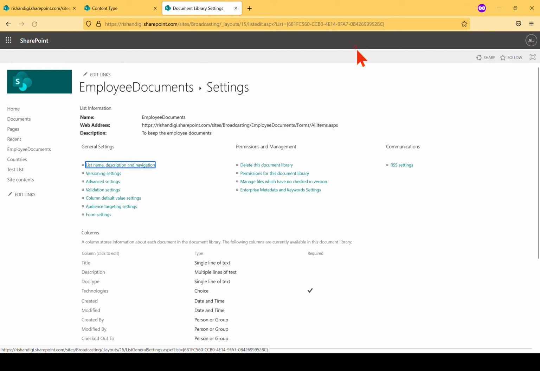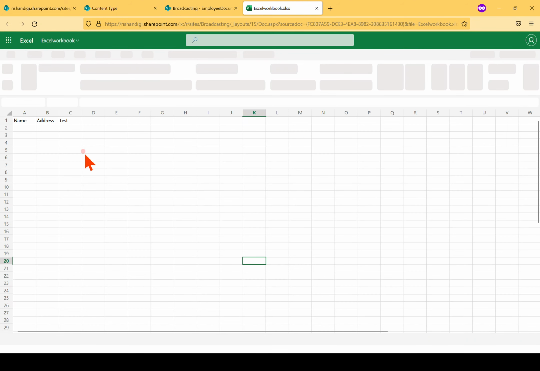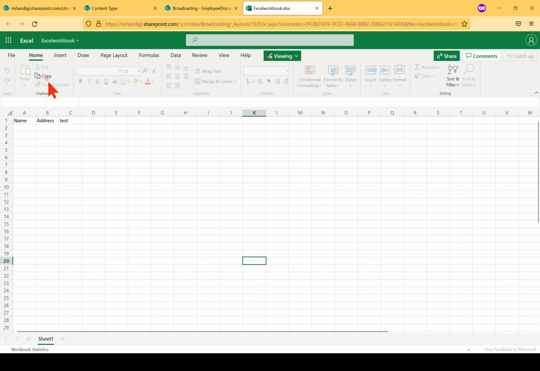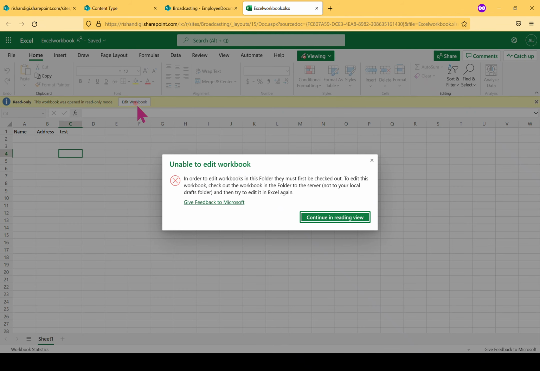So when I click OK and go back to this document library, earlier without checking out I was able to edit this document, but now we cannot get that option. Now I have opened this one. When I try to enter some message here like test something, at the top we get a message stating that read only, this workbook was opened in read only mode. If you want to edit that workbook, you can, but if you hit edit workbook, you'll